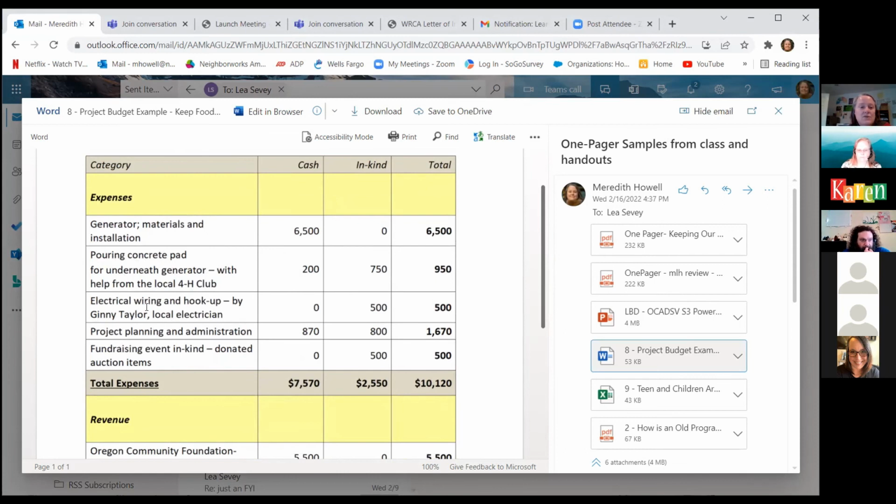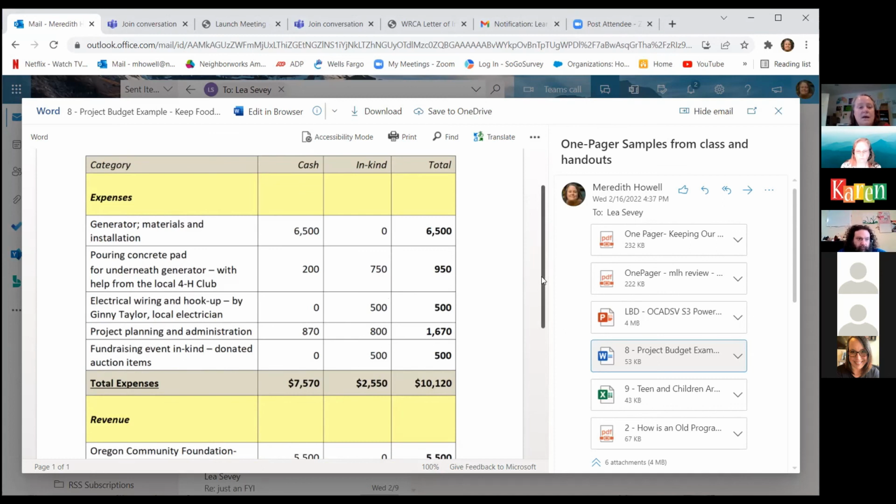We're going to have electrical wiring. And look at that, no cash costs. So we found somebody to donate that. That's Jenny Taylor. And then we have project planning and administration. Now I didn't put the cost basis, but we have cash here, and we're donating some of that time in kind. And then we have a fundraising event in kind, where we're raising some of the money, and people are